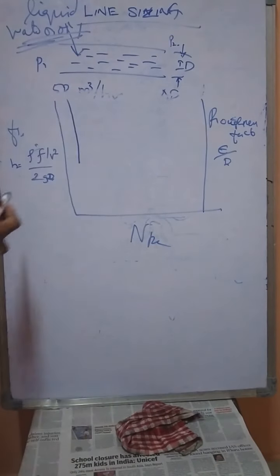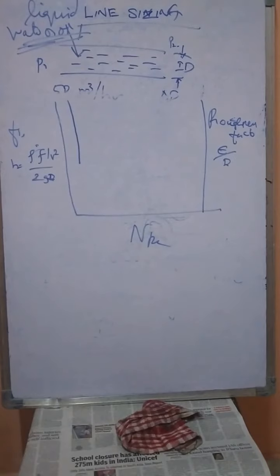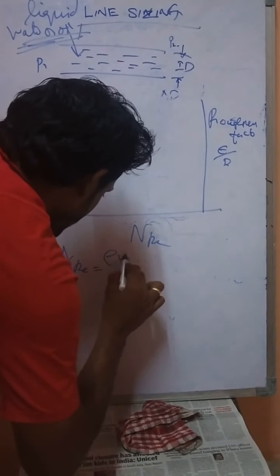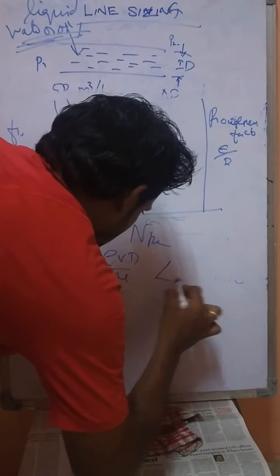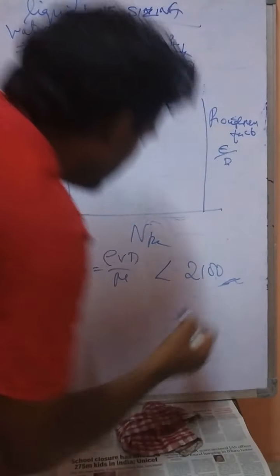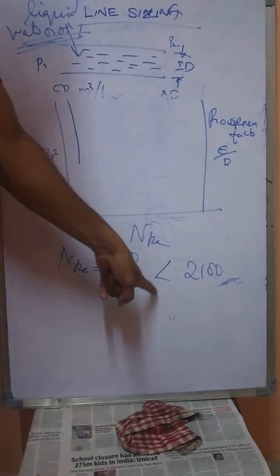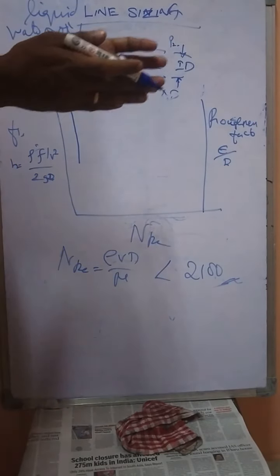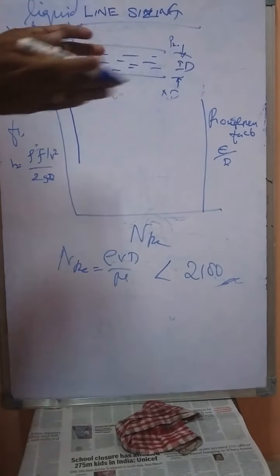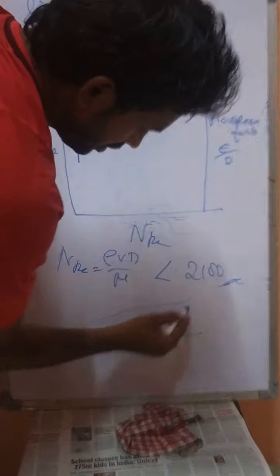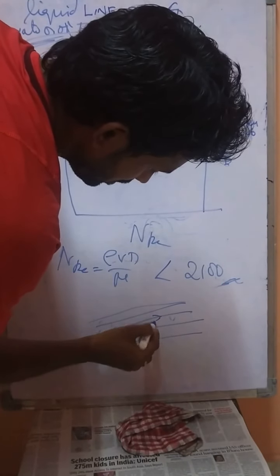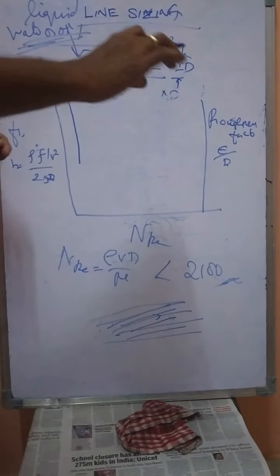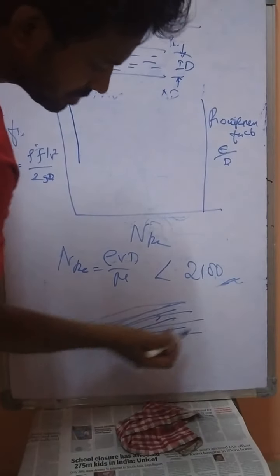That's a simple line. This will be used only when the flow is laminar. If you say laminar, then NRe is equal to rho Vd divided by mu. If it comes less than 2100 or 2000, you can go for laminar flow. We call it laminar flow because it does not have any turbulence at all. There will be a smooth flow, each layer flowing over another layer without any disturbance. At the center point, it will have high velocity. The water flows like tap water when you open the tap slowly. There is a smooth flow of liquid. That is called laminar flow.